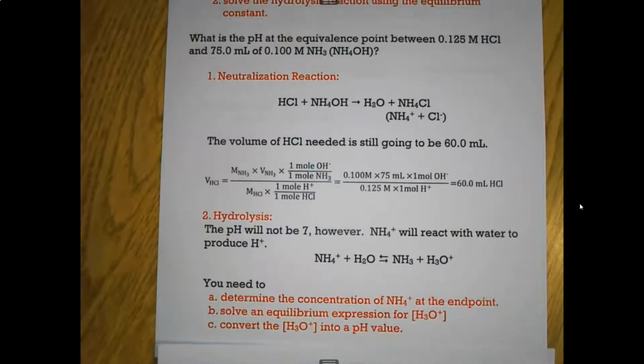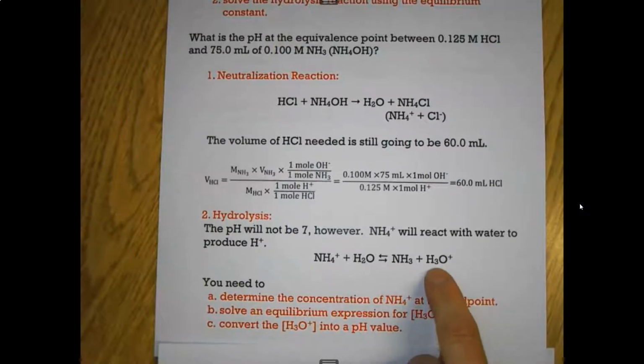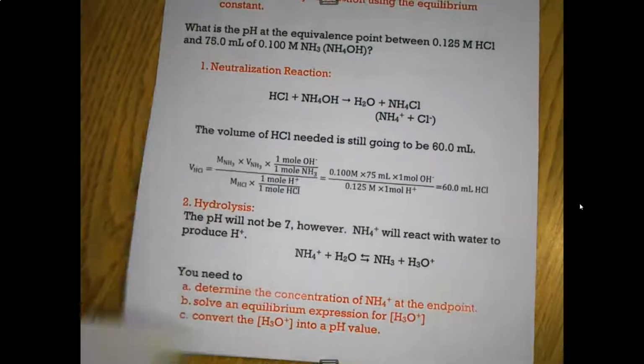In order to figure out the pH, I've got to do three things. Determine the concentration of the NH4 plus at the endpoint. Then solve the equilibrium expression for the H3O plus or H plus, whichever way you want to think of it, the same thing as hydrogen ion or hydronium ion. And then convert that concentration to a pH value. Going on to the next page,